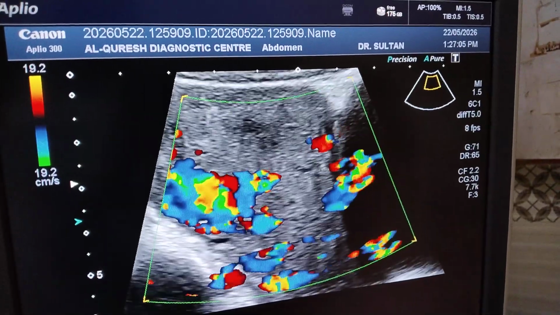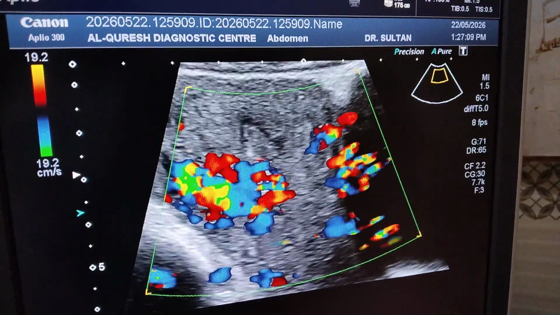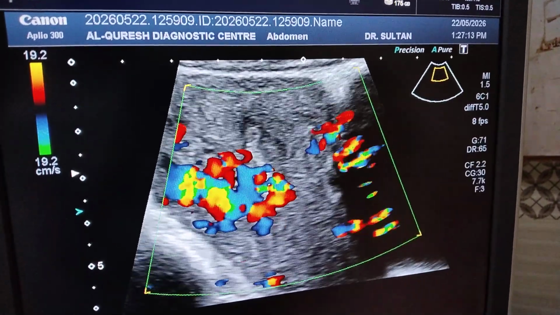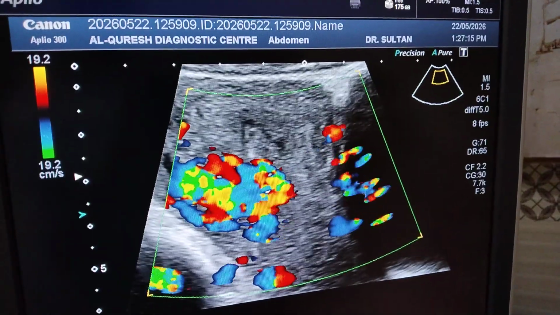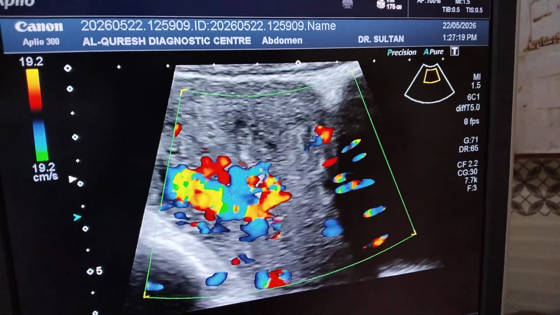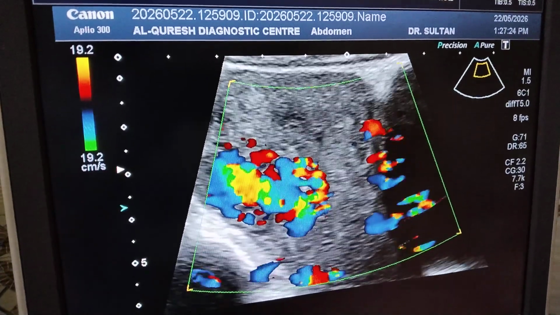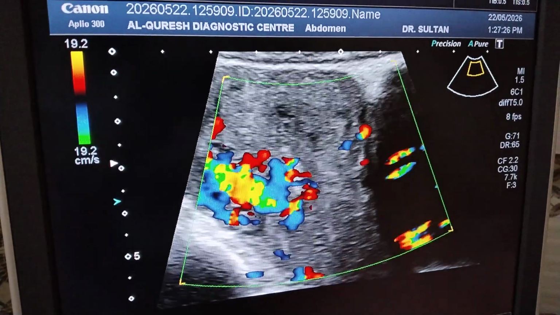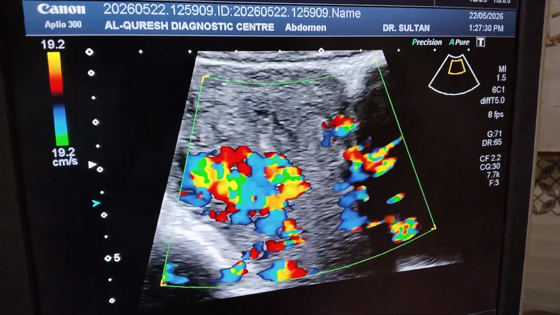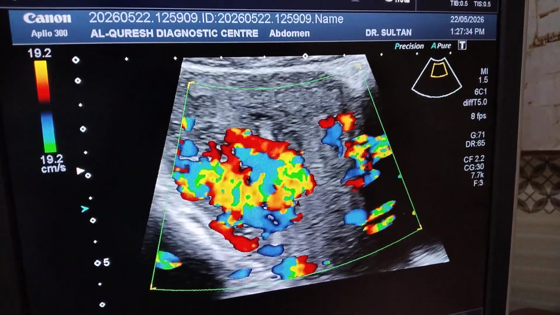here the fragile veins which are present at the endometrial level, and during the menstruation in the normal period, these fragile veins rupture due to this high pressure blood flow from the arteries to the vein, and then this heavy menstrual cycle can occur, or heavy PV bleeding can occur in such congenital